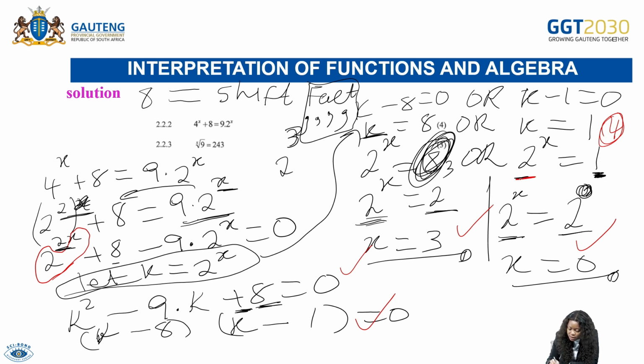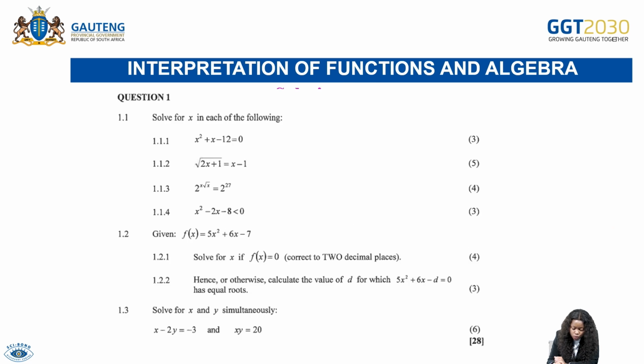Then let's substitute this side as well. We say 2 to the exponent 0. You do get a 1. So it means we are happy with our solution. Then you get your full 4 marks. Then we move to